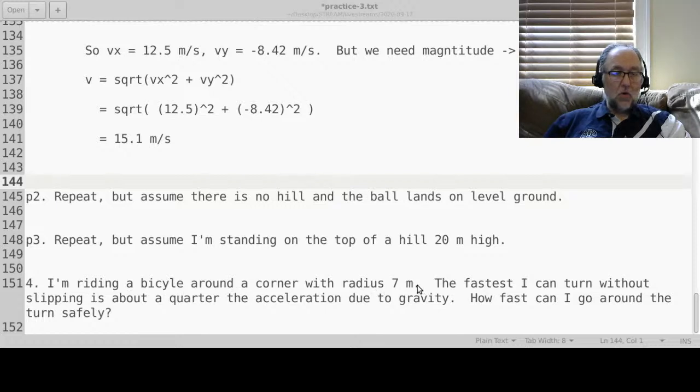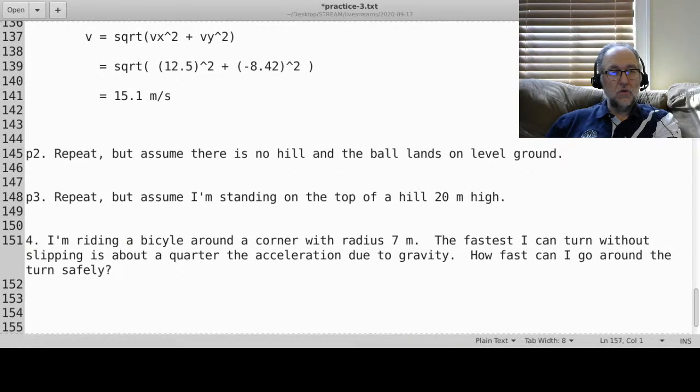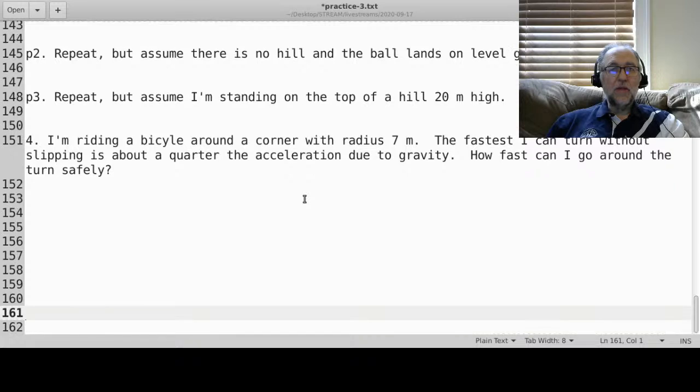I'm riding a bicycle around a corner of radius 7 meters. How fast can I turn without slipping? If the fastest I can turn without slipping is where my acceleration is 1/4 of the acceleration due to gravity, how fast can I go around the corner? Okay, so these uniform circular motion problems really are quite straightforward. There's just